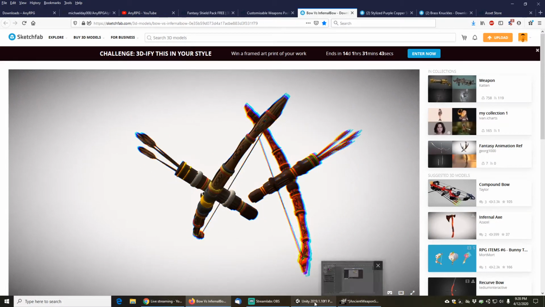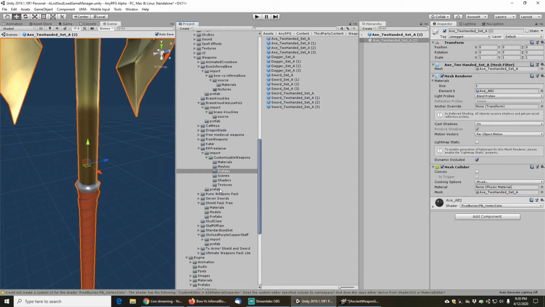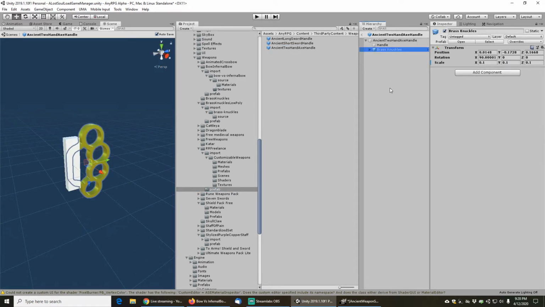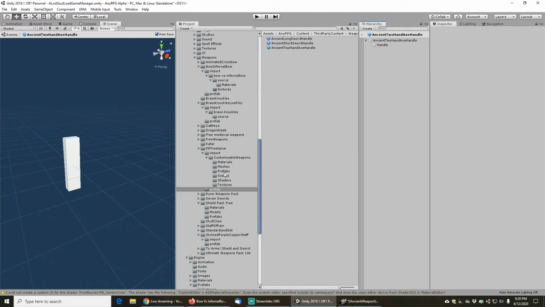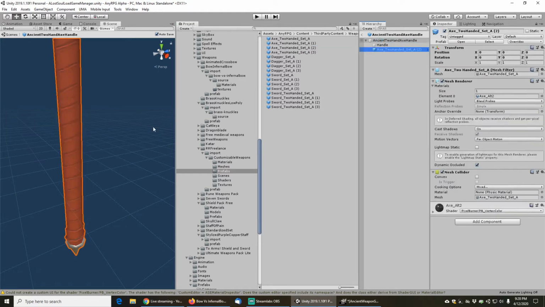So we will be using A2. So we'll go back to the ancient two-handed axe handle, delete that, go into the prefabs, pull ancient two-handed axe set A2 over here, and